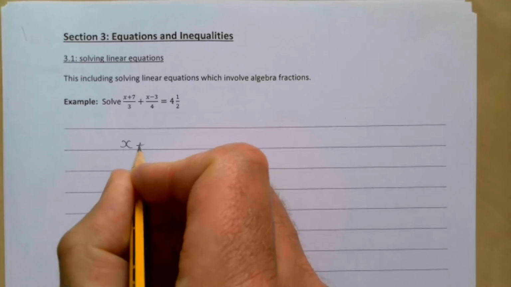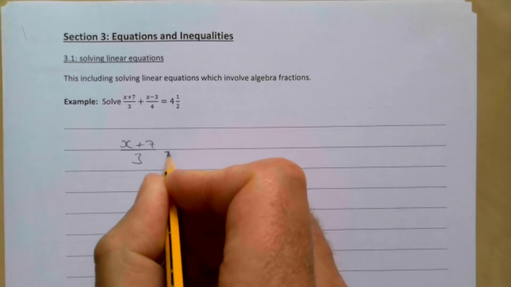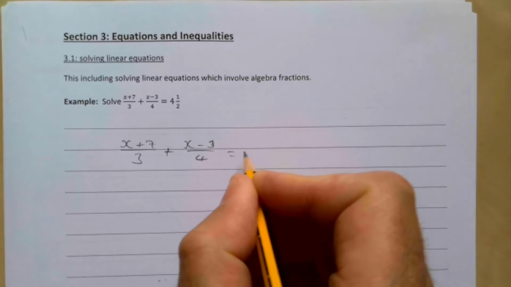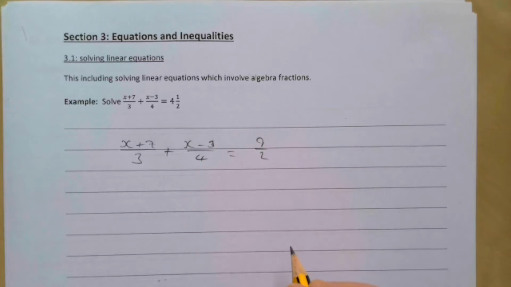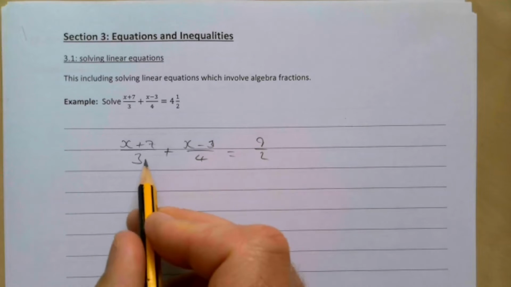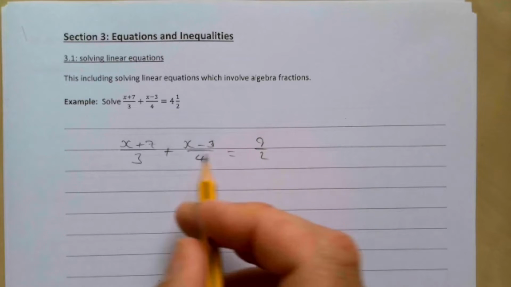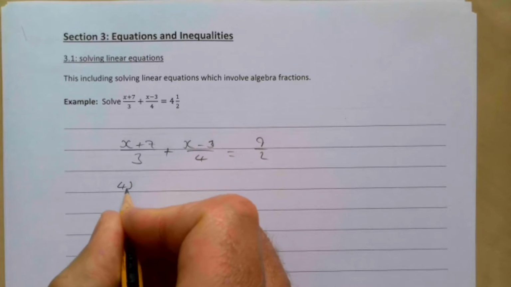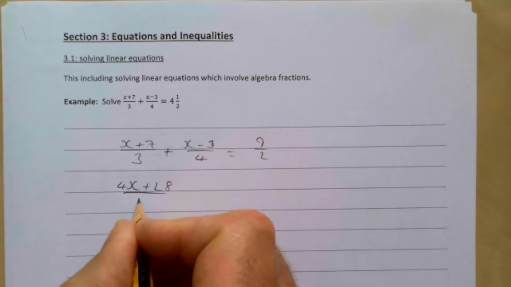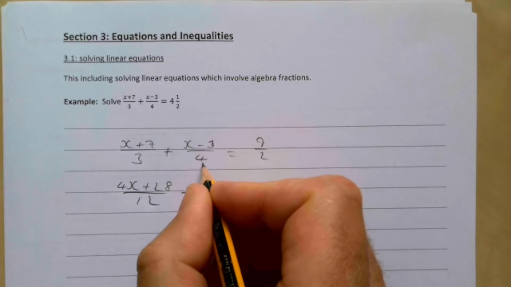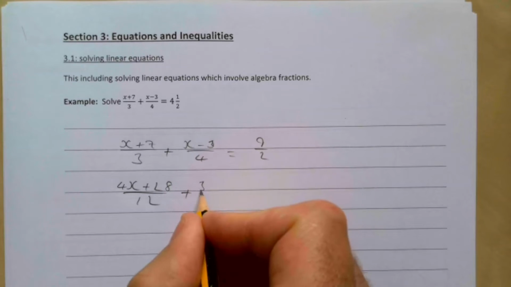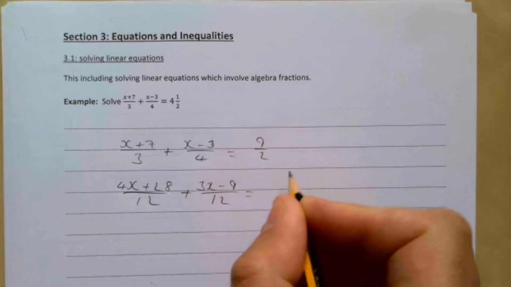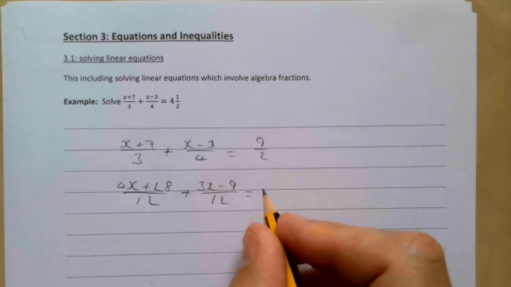So if I write then (x + 7)/3 + (x - 3)/4 = 9/2. Again, a couple of different things I can do, but I'm going to make everything then a common denominator of 12. So times top and bottom of this one then by 4. So that then would be (4x + 28)/12, times top and bottom of this one by 3 to make this up to 12, (3x - 9)/12, and times top and bottom of this one by 6. So then that would be